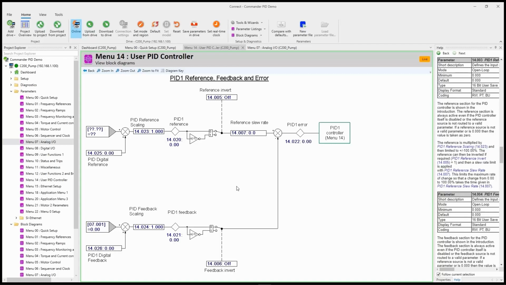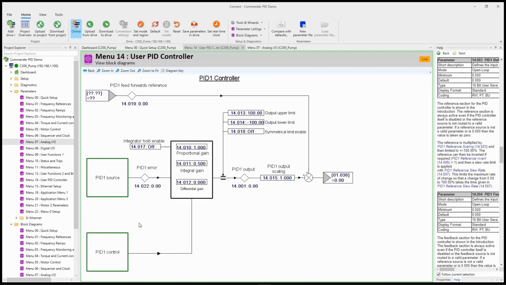So that's the foundation of the PID controller. We have a set point, which is going to come from menu 14, parameter 25. Then we have feedback, which is going to come from analog input 1, which is now in voltage mode, so it will accommodate my flow meter. The difference between the set point and the feedback is error, and that's shown in menu 14, parameter 22. Now let's go back and look at the PID controller itself. We have the source configured and the control configured. There's the error, which is the output from here. The error is then